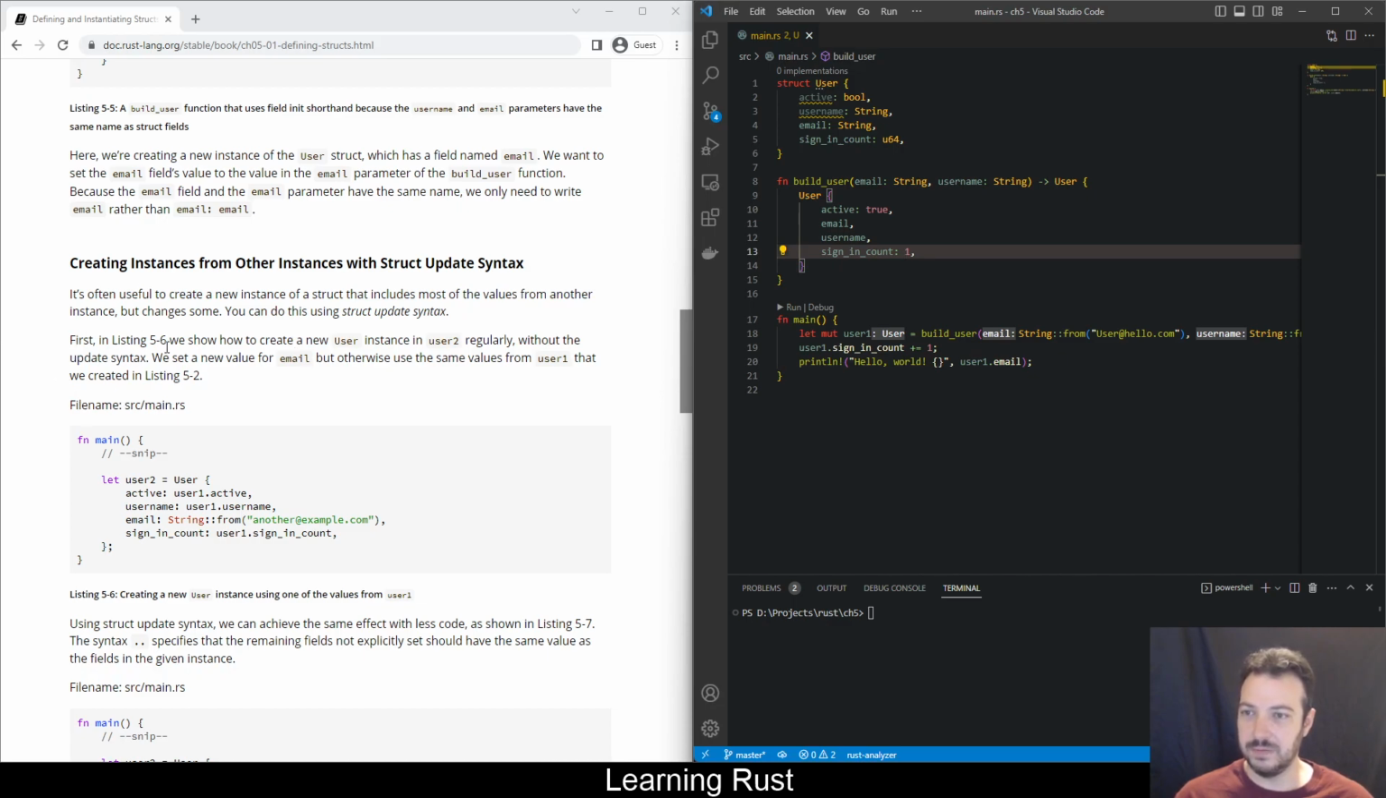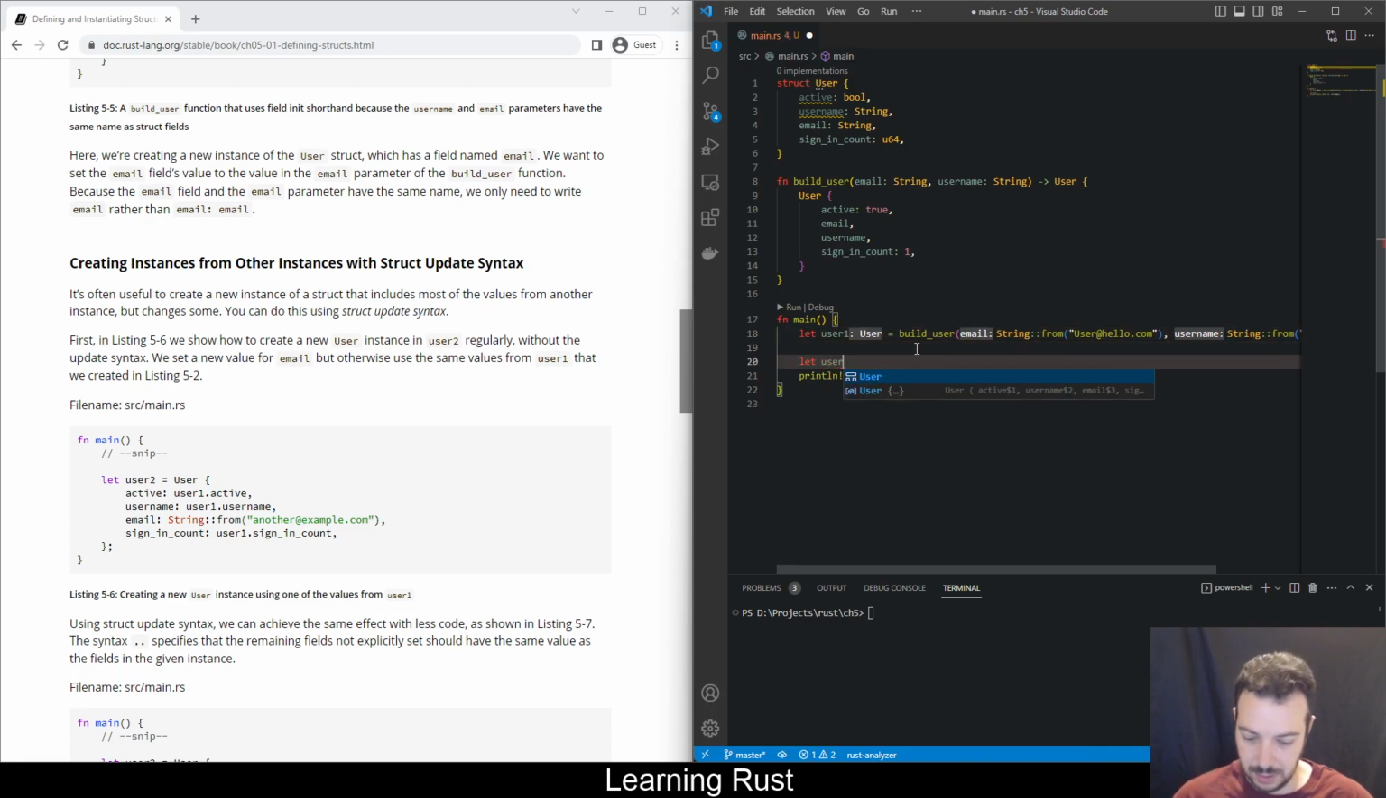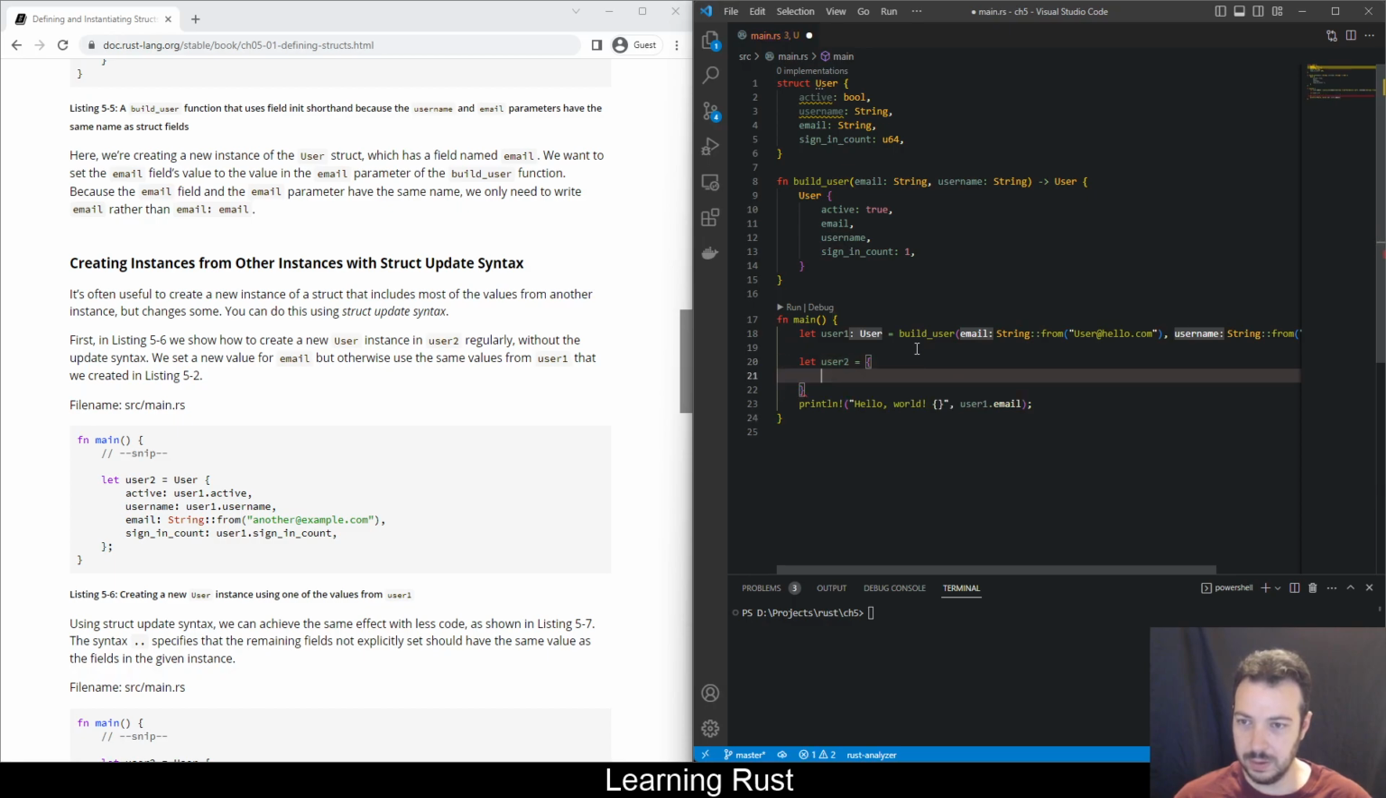First, in listing 5.6, we show how to create a new user instance in user2 regularly without the update syntax. We set a new value for email, but otherwise use the same values from user1 that we created in 5.2. So we create a new user here. Basically, let's delete this, and this will be immutable. Let's return this, and then we create a user2 with